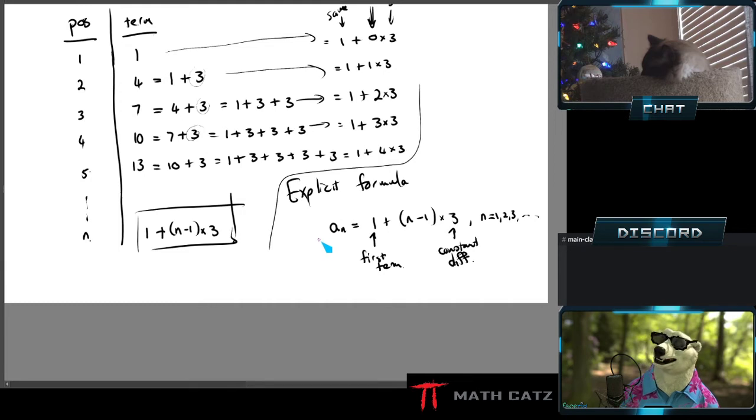So in my specific example, the pieces in the explicit formula come from the key properties of the sequence. The arithmetic sequence has 2 key properties: the first term and the difference. And those numbers feature in this explicit formula. So now if I go to extend this to what the formula looks like in general without having a specific example,